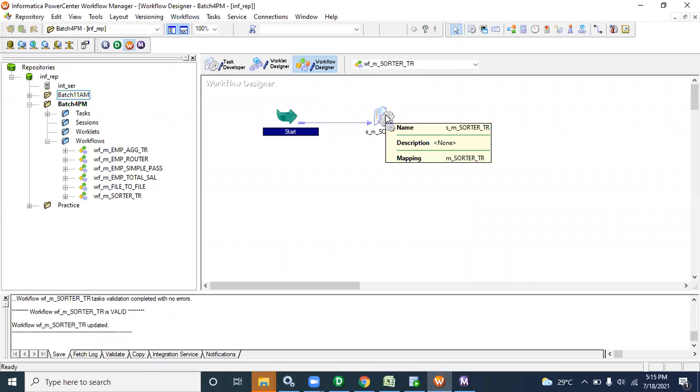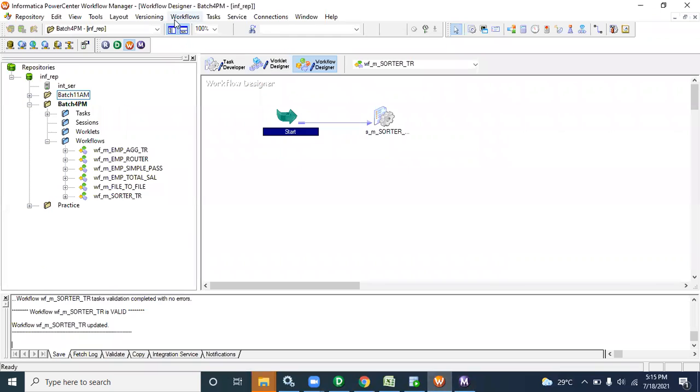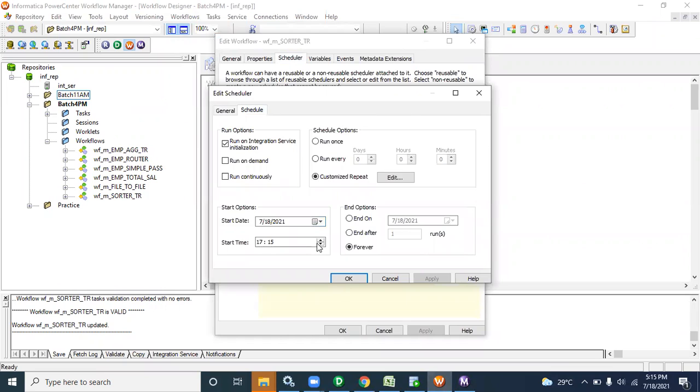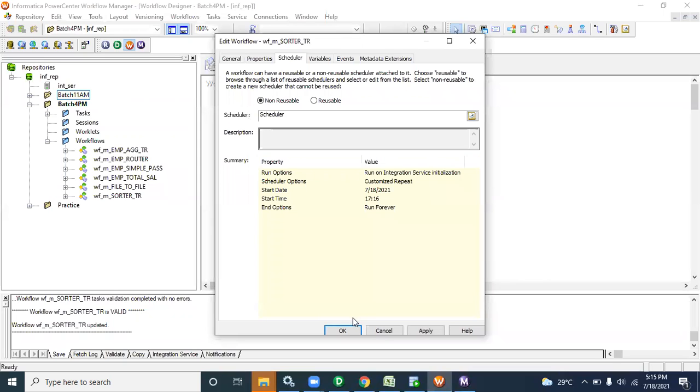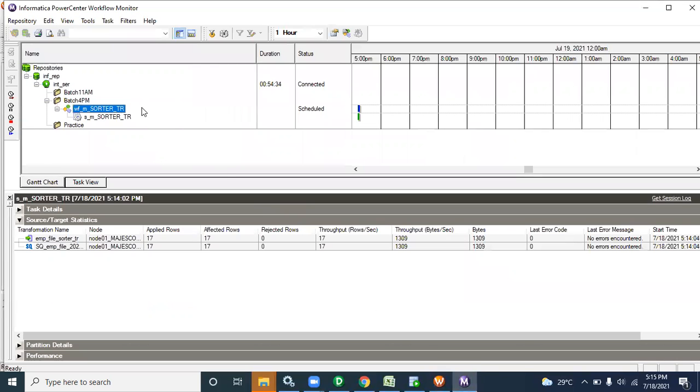Maybe I made a mistake somewhere, let me check where I made the mistake. See, now it's showing the schedule.